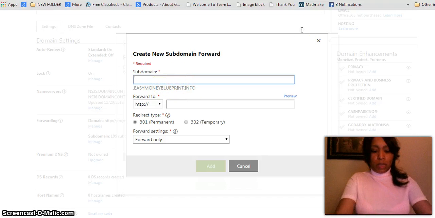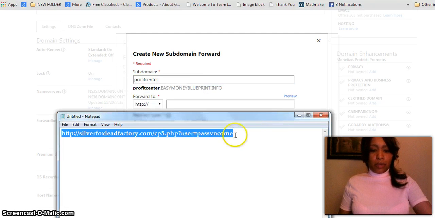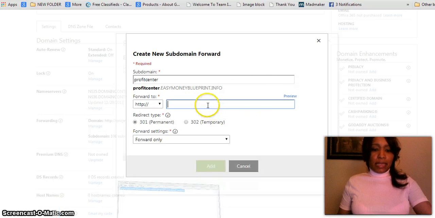So I'm going to put profit, because this is my profit center, and then it's going to read profitcenter.easymoneyblueprint.info. And so this is the domain. I'm going to grab it from over here. This is the actual URL that I want to